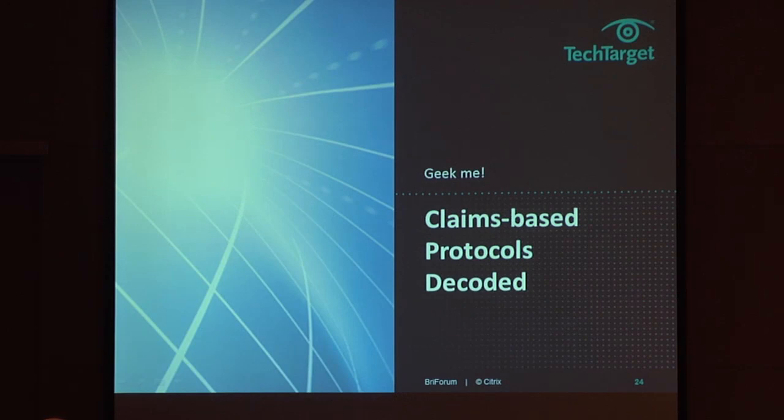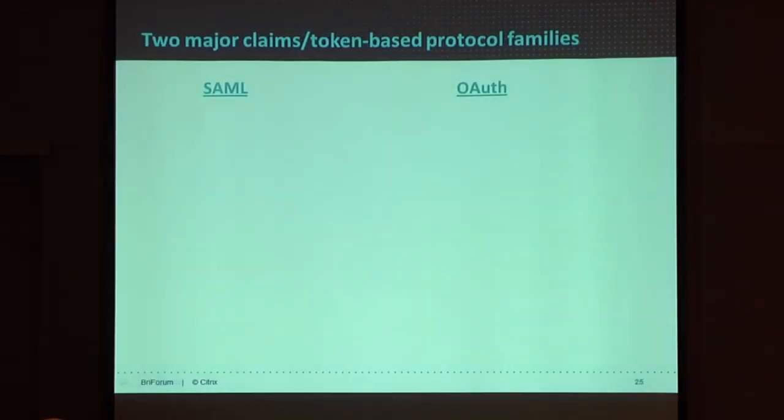So let me talk a bit about some of the claims-based protocols that actually exist in practice. And they basically all follow that pattern in one way or another, in some variation. I had a look, and I was thinking at one point I might have to draw a diagram that's a bit like the history of Unix systems and how they evolved and split and recombined. But it actually turns out not to be necessary to do that. Really, there's only two protocols that matter in this space anymore.